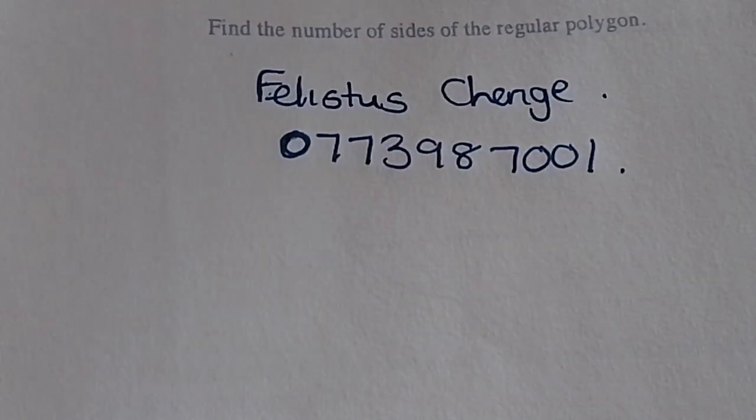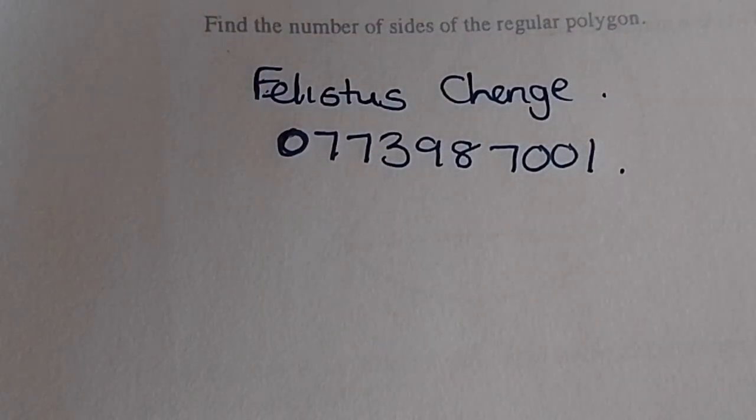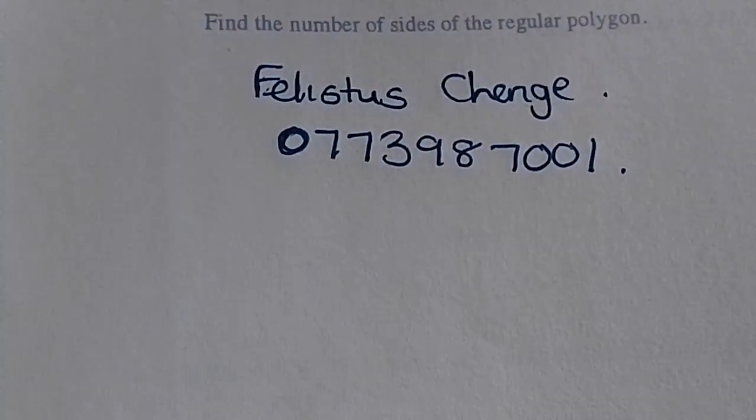Right, so number 5, state the number of lines of symmetry of a regular nonagon. For a regular shape, the number of sides is equal to the number of lines of symmetry. So what is a regular shape? A regular shape is any shape whose sides are of equal length. So for a regular nonagon, we have 9 lines of symmetry. A nonagon has 9 sides, right?